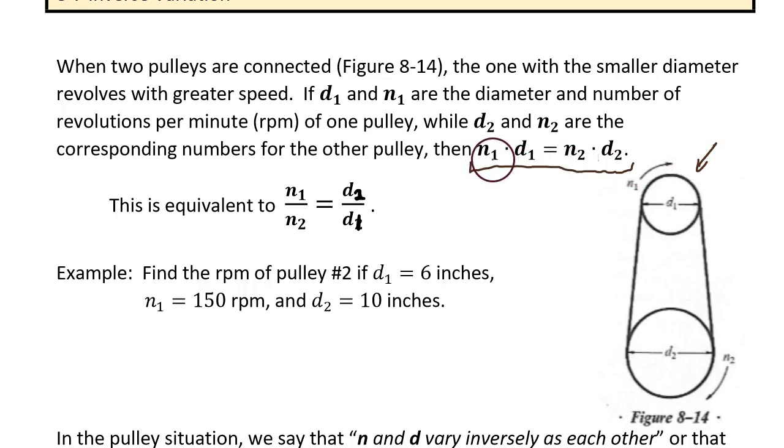The number of revolutions in the small pulley times its diameter has to be equal to the number of revolutions in the large pulley times its diameter. This is equivalent to this proportion. Look at the cross multiplication for this. It would be N1 times D1, that's what's right here, and that's equal to N2 times D2, and that's what's